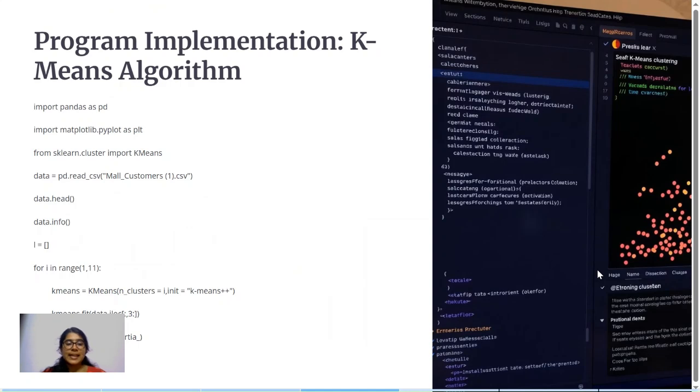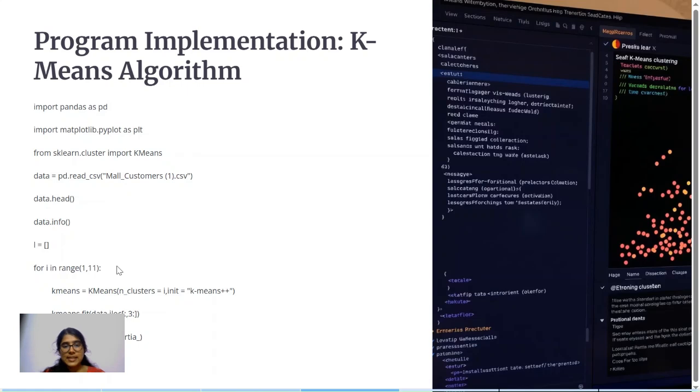And now we're going to declare an empty list, L equal to an empty list. And now I'm opening a for loop with range between 1 and 11. So it iterates from 1 to 10 actually, 1 before the stop value. Now I call the KMeans function, and it consists of two arguments, n_clusters and init. Basically what I'm trying to do inside the for loop is classify the given data set into i number of clusters. So first one cluster, two clusters, three clusters, so on up to 10 clusters.